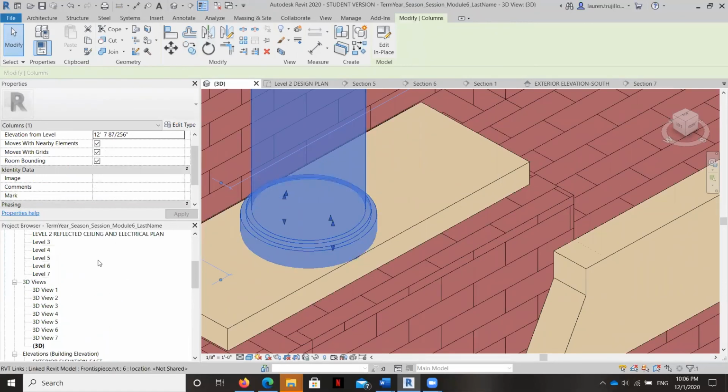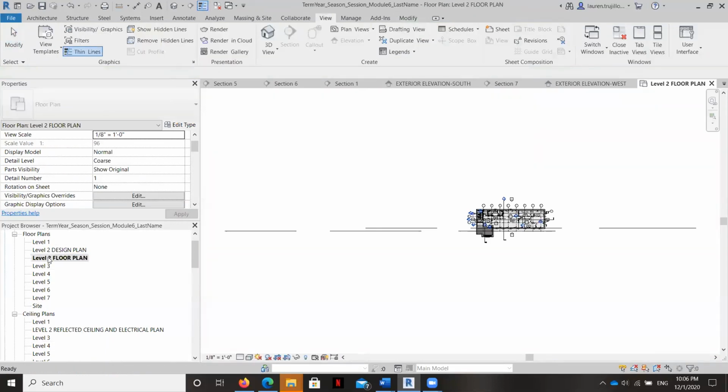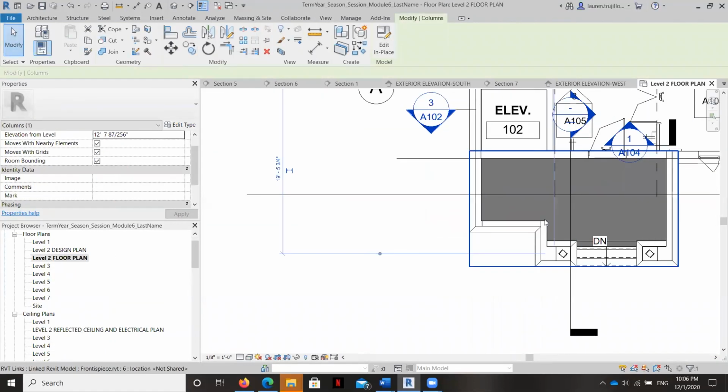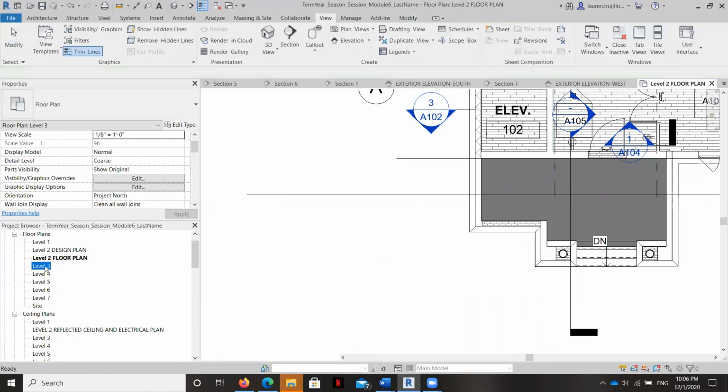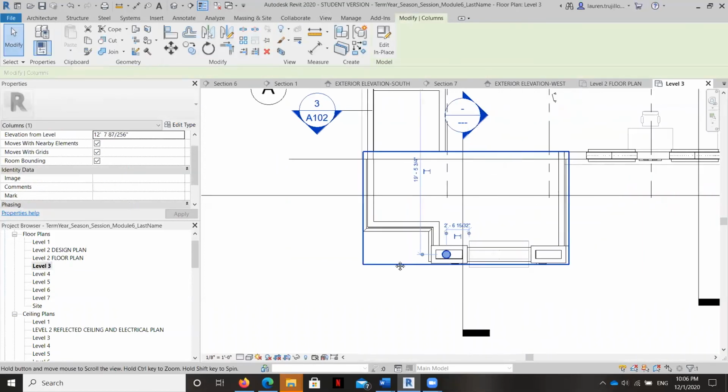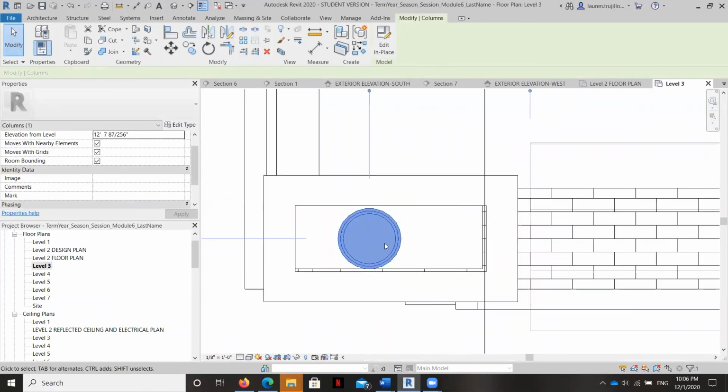So let me go ahead and look at this in a better view. See if I can see it here. Okay, so I can see it in level 3. Let's go ahead and move it over.